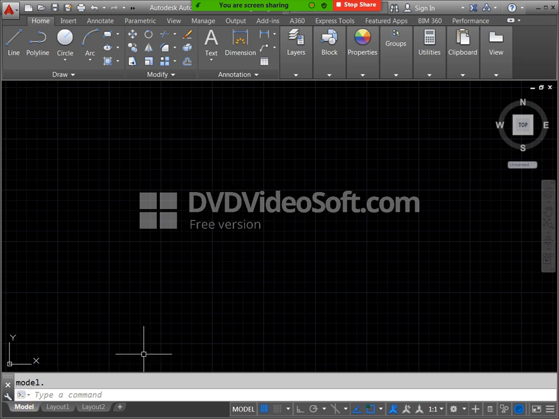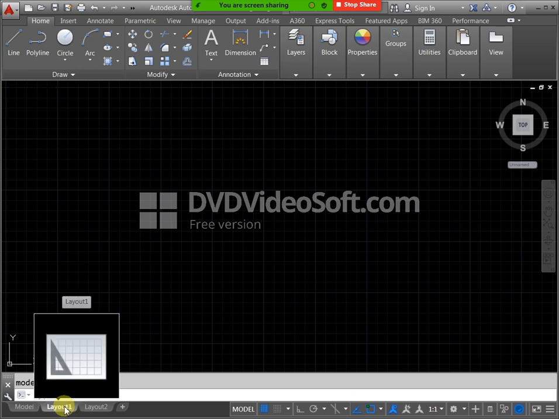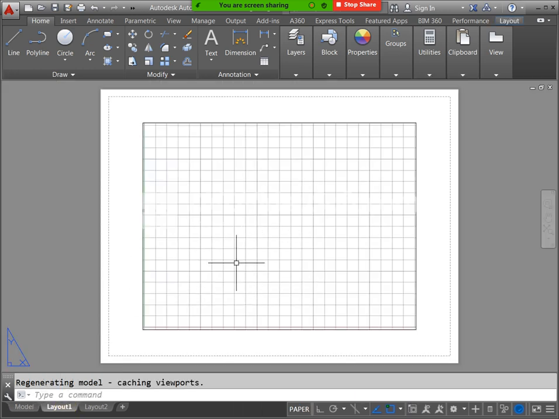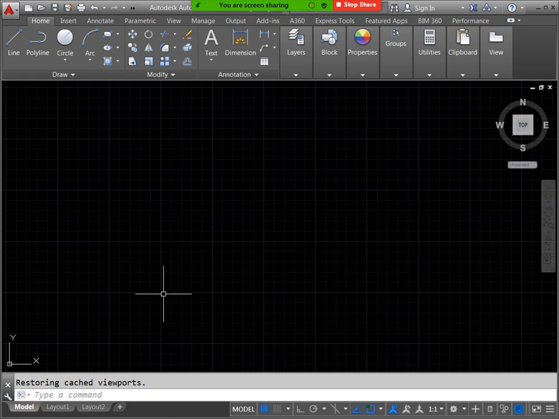Okay. Now we will discuss the units. First of all, we have two types of units, as we already know: metric and imperial, right? In metric we use millimeters, centimeters and meters. At the same time, in imperial we use inches and feet. Here also we need to set our units first.